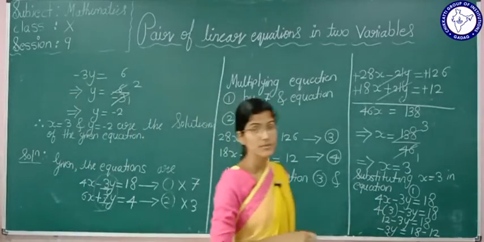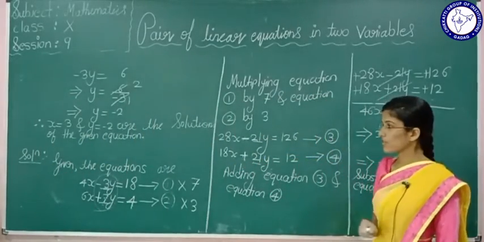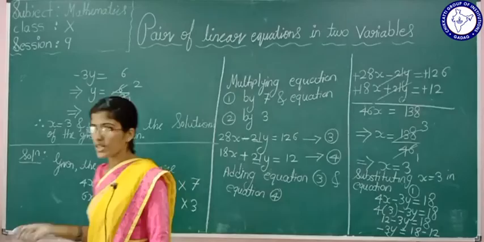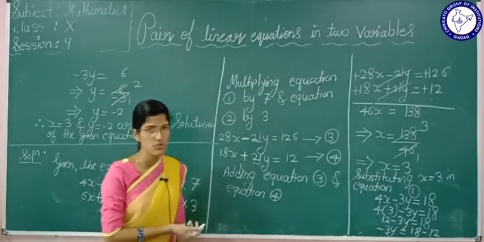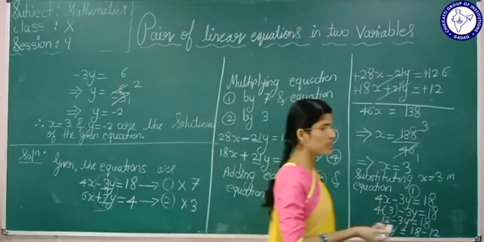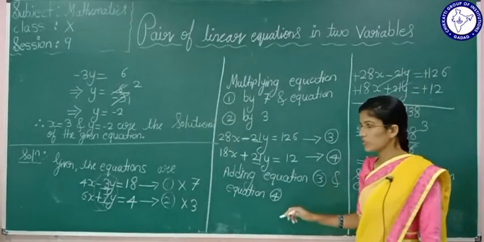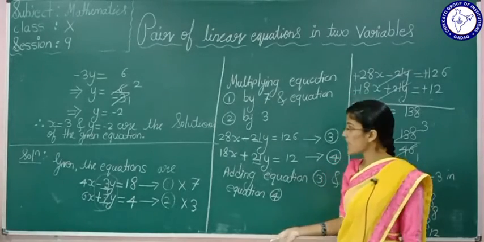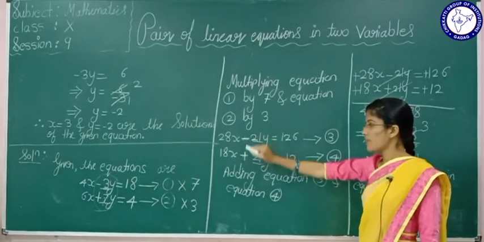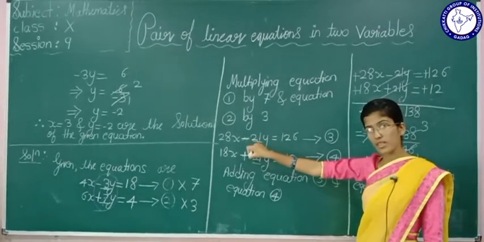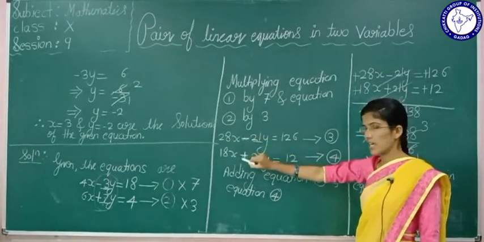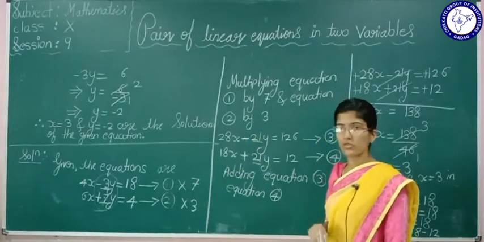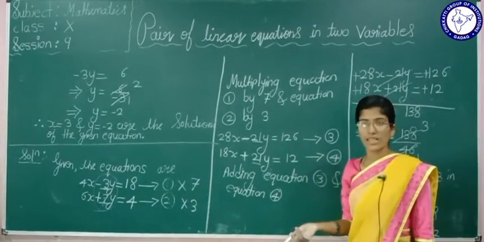Is it right, students? Anything you got confusion here? No. Now see here. First we have eliminated x. Yes, we have got the same answer, no? If we eliminate y also, we get the same thing. So what we can conclude here? You can eliminate x or y. It's left to you. Again I gave you hint that if opposite signs are there, you add the two equations. If same signs are there, what do you have to do? You subtract the equations to eliminate x or y, anything you can.